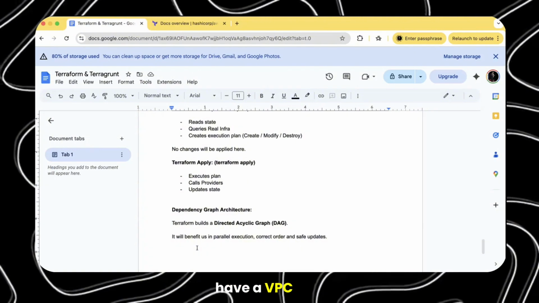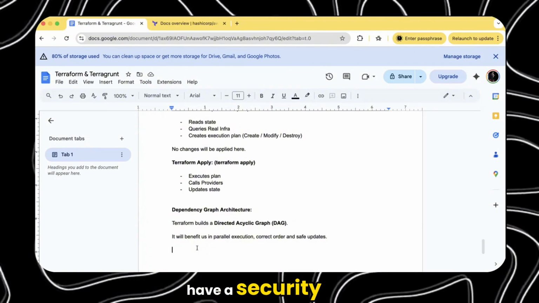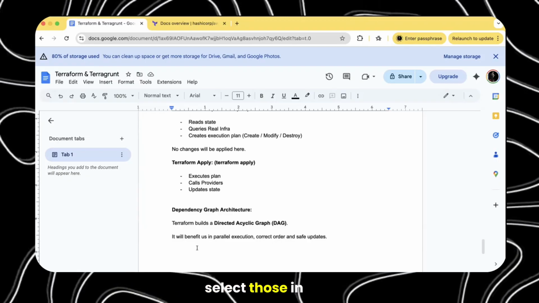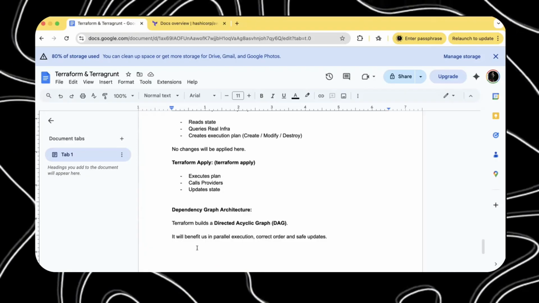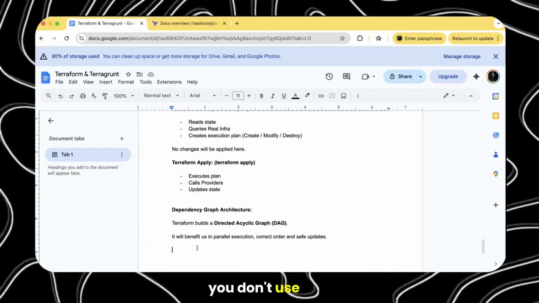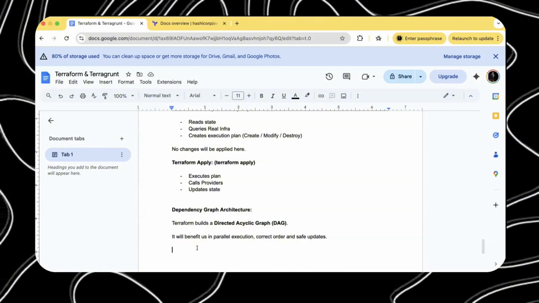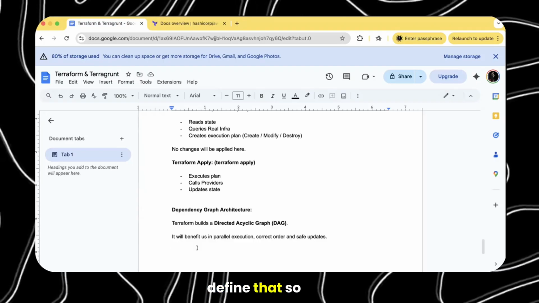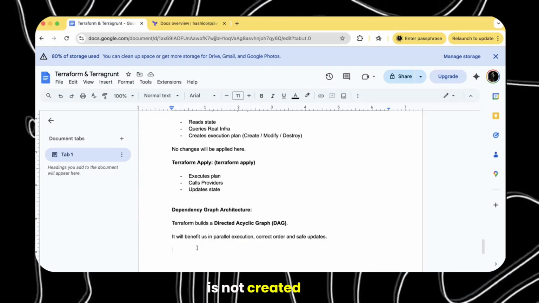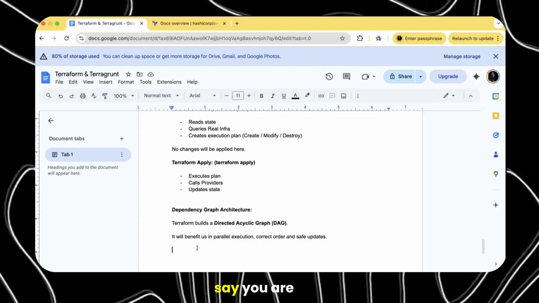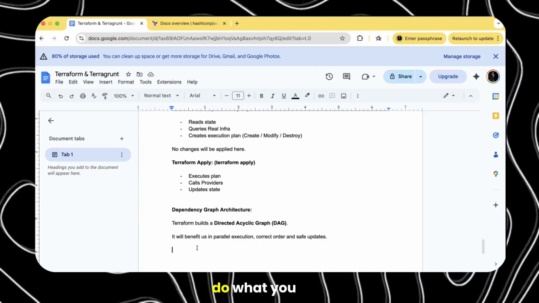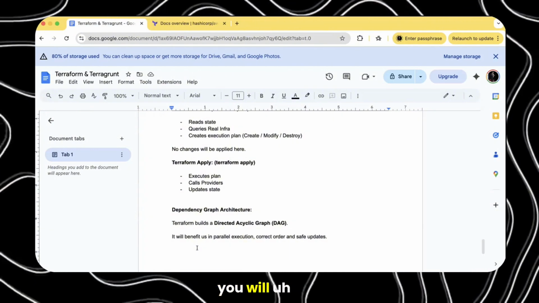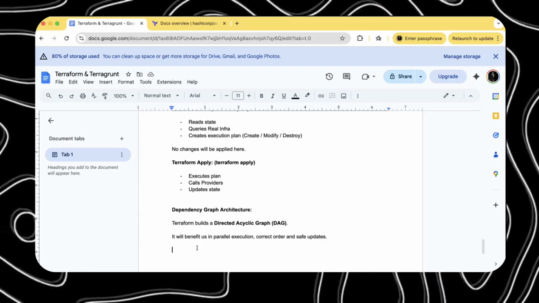If you don't have a VPC, if you don't have a subnet, if you don't have a security group created already, or you don't have that defined already, how will you select those in the EC2, right? For example, your VPC is not created. You don't use a default one, right? Normally in the enterprise, you use another one. So if you don't have a VPC ID, let's say you are creating EC2 via console. So you will do what? You will just hold off, right? And then you will first create a VPC and then you will move ahead further with the other things, correct?